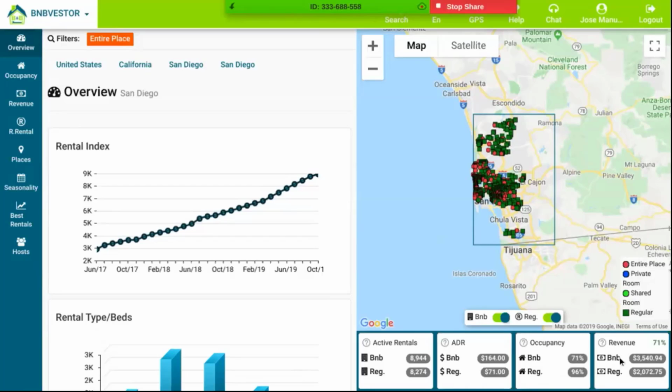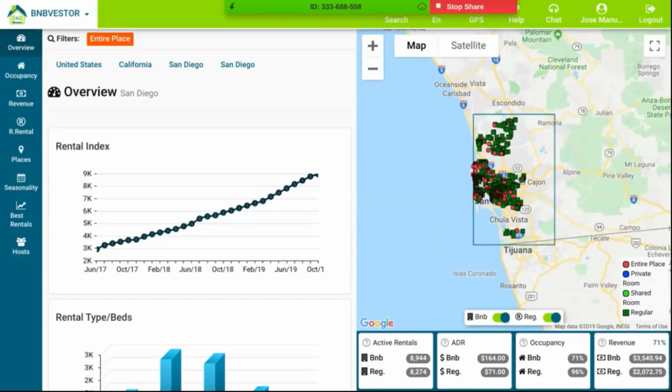What that brings me is that usually a property listed on Airbnb is going to give you revenue of $3,500 a month. Now, this number is very important for me because when I compare that number to the regular rentals in San Diego, I'm going to find that usually rentals are about $2,000.